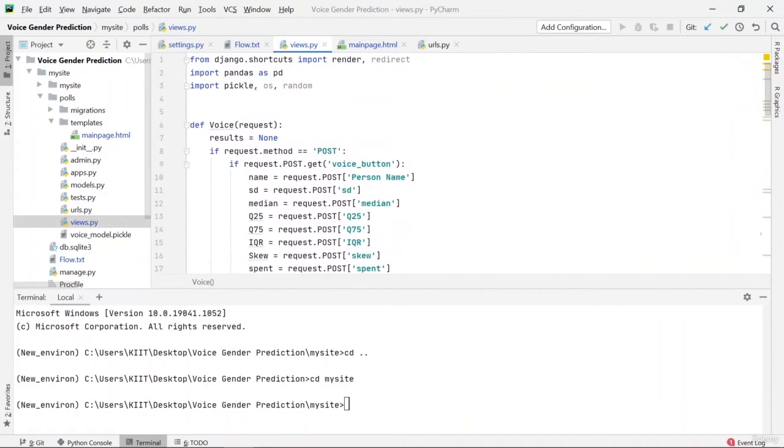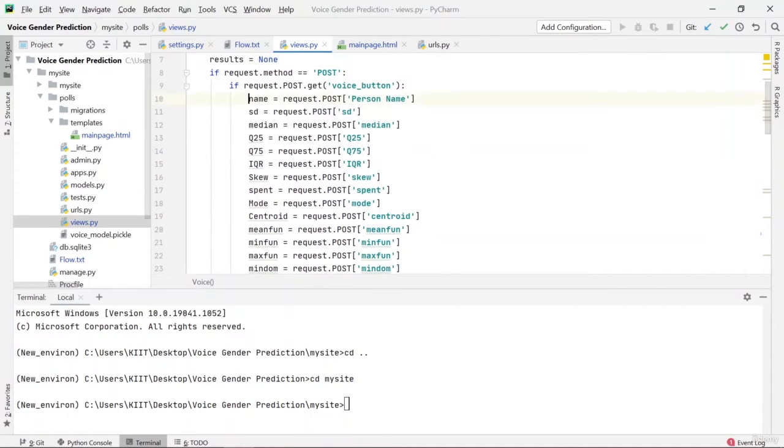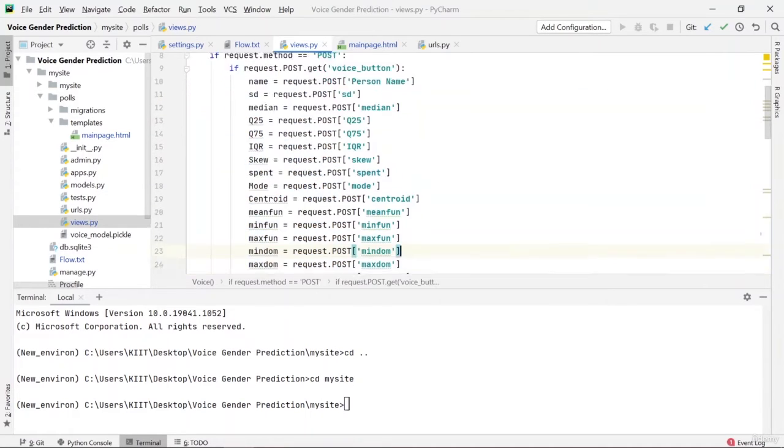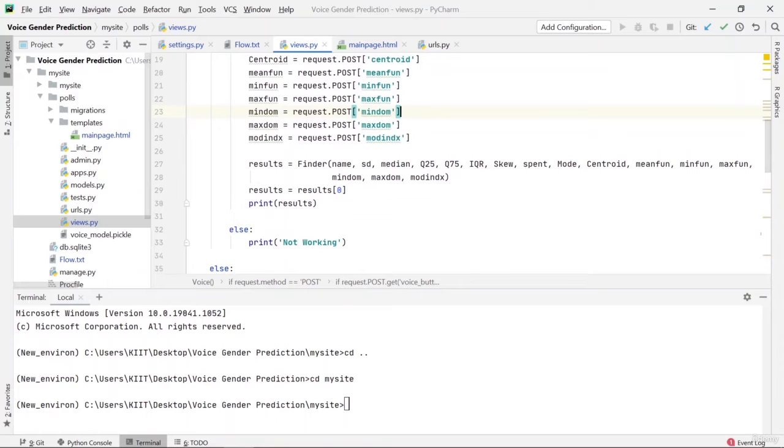So let me start from above. Okay. And see, the first thing that we are doing is taking the data from my front end and storing them in variables that I've defined here. Okay. So you can see there's a lot of variables that I've defined. Then I'm sending all of these variables into a function named finder.